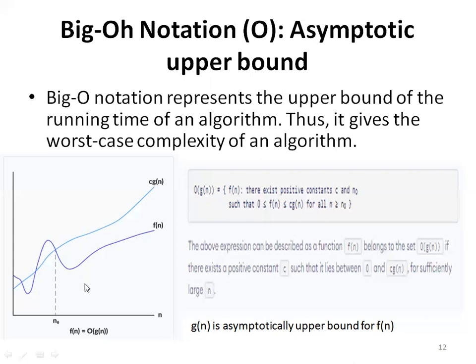And this diagram tells this big O notation representation. You can see this curve is for f(n) and this is for c times g(n), and this point is n0. So from this n0 point, the f(n) curve is below, it is less than this c times g(n) curve. So at all these points from this n0 point, f(n) is less than c times g(n), and this condition is satisfied here. This diagram is the diagram for this big O notation, that is asymptotic upper bound.